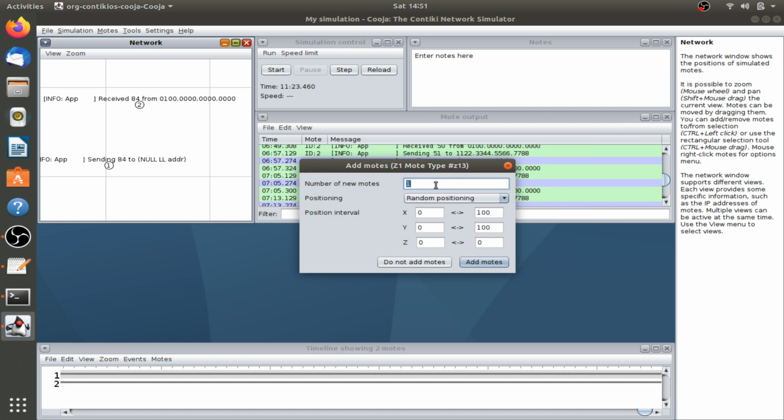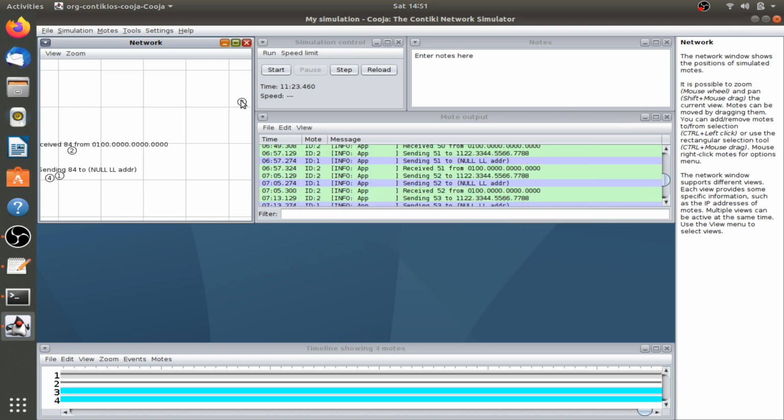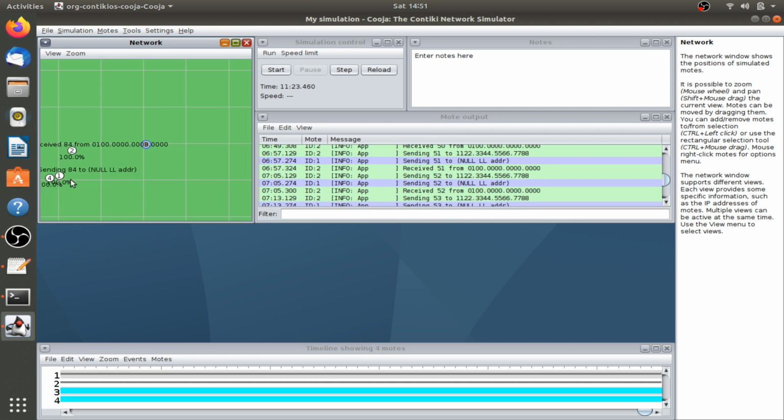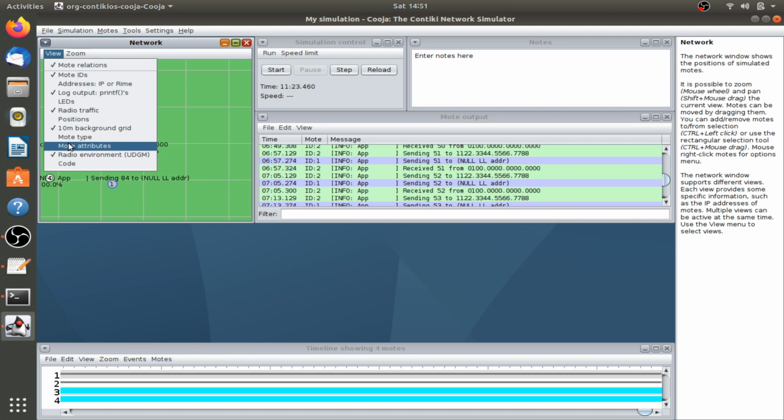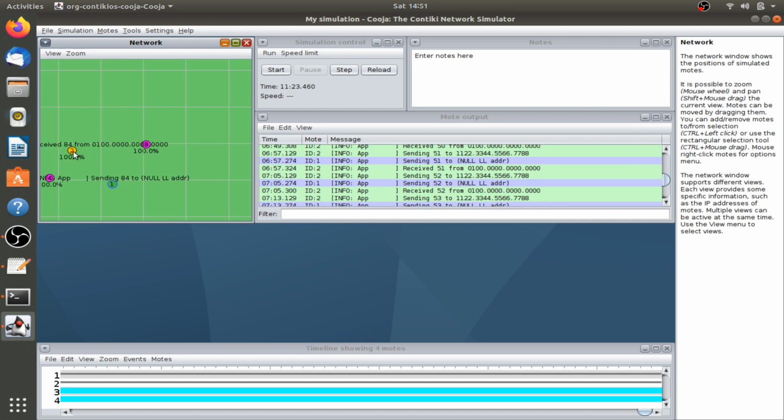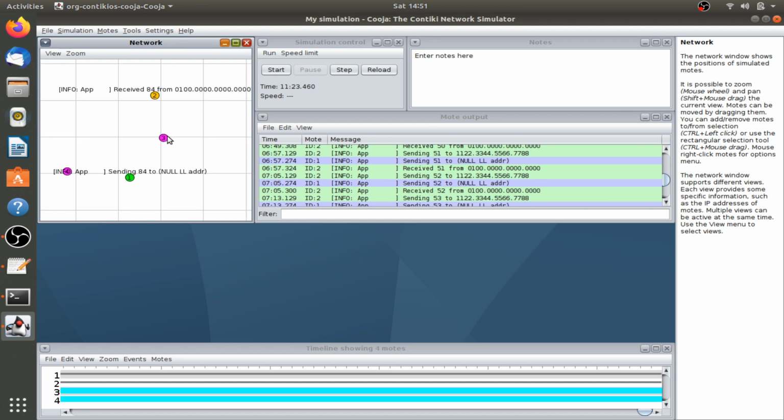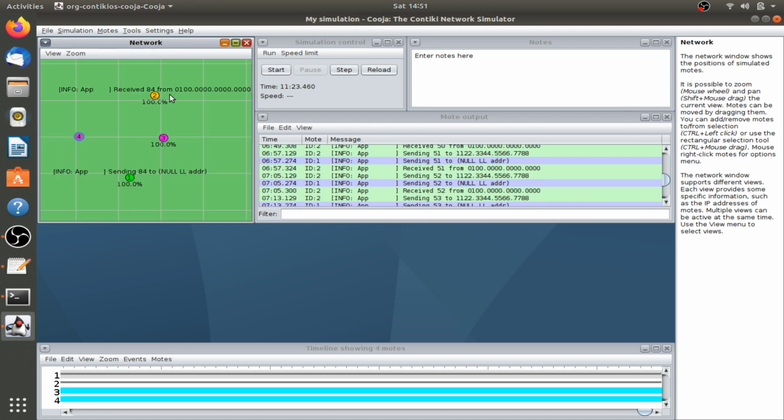Node 1 is broadcast whereas all other nodes are unicast. Then I use the mote type so that you get the coloring, which indicates whether each node belongs to a different type or the same type. Now nodes 3 and 4 are created. Now start.